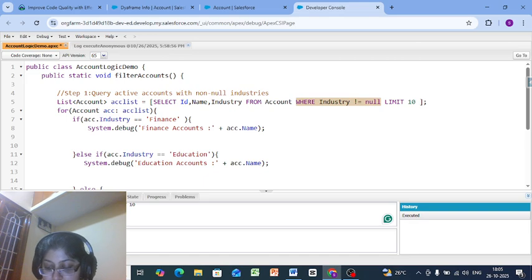I want you to understand with the preference that the industry shouldn't be null. The reason I'm quoting this as an example is where we are trying to understand whether the accounts are in place, where it's showing an S object error. So the reason I'm asking you to understand that